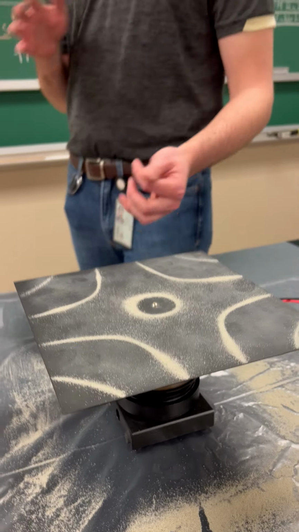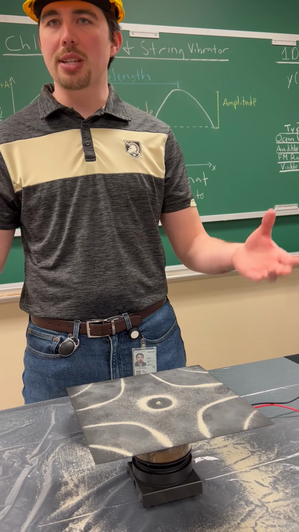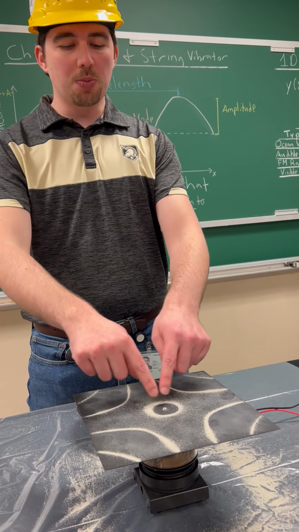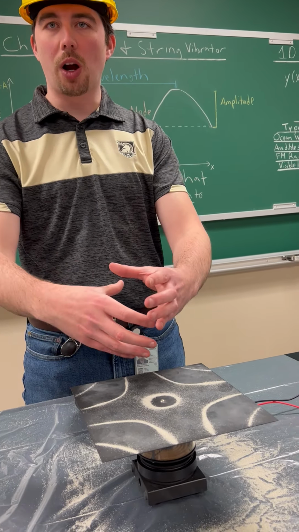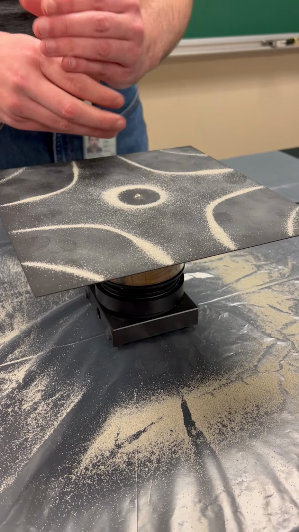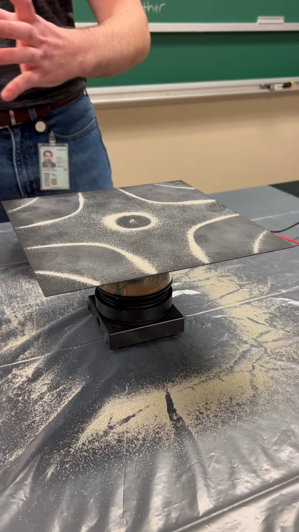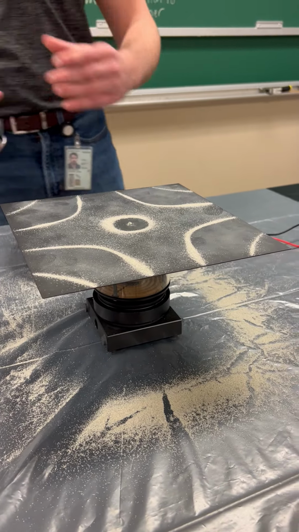The other thing I want you to notice, just like our string, is that as I increase energy, the circle in the center here is smaller, right? As we increase the frequency, the wavelength that we're seeing is getting tighter. So the sand pattern is now getting smaller throughout it, and we're getting more distortions as it gets more compact. And then as we get to our next frequency, 1820,